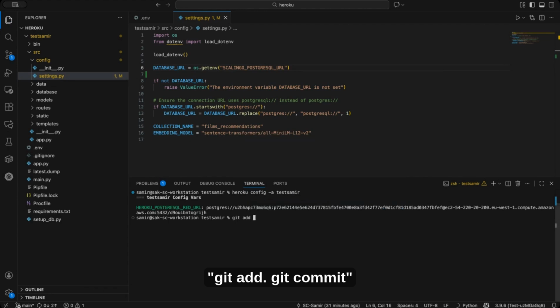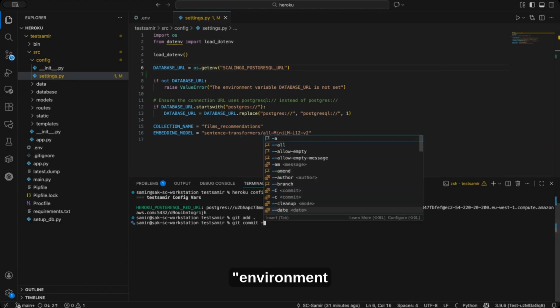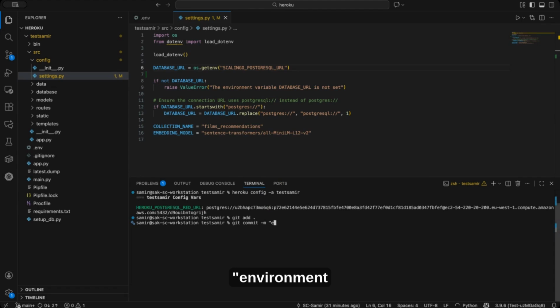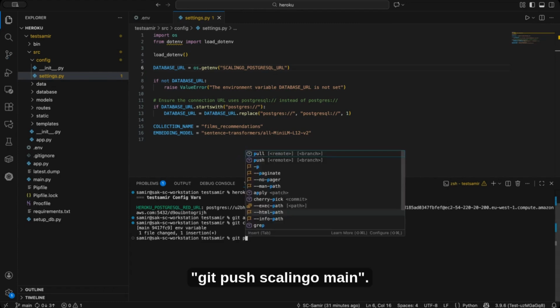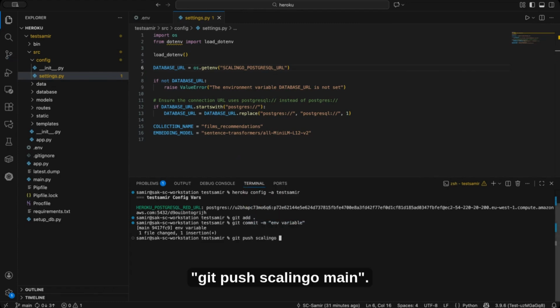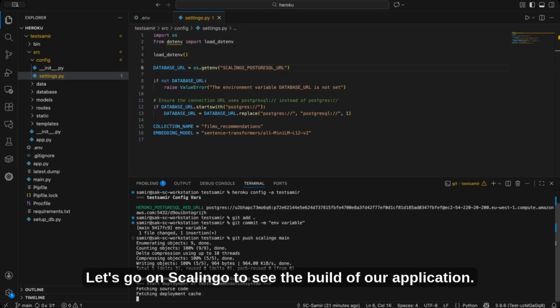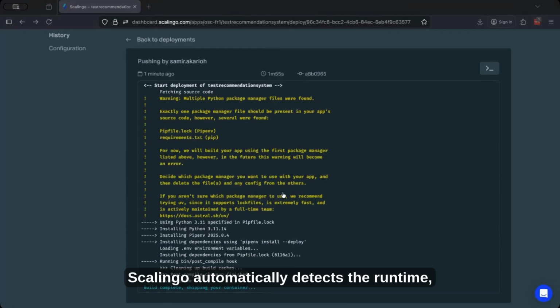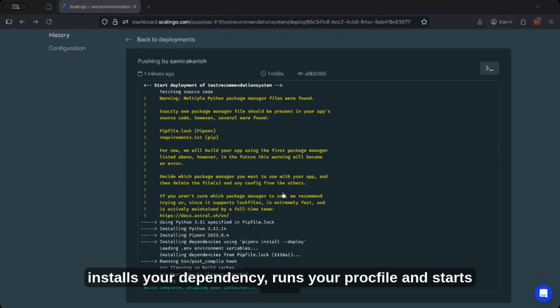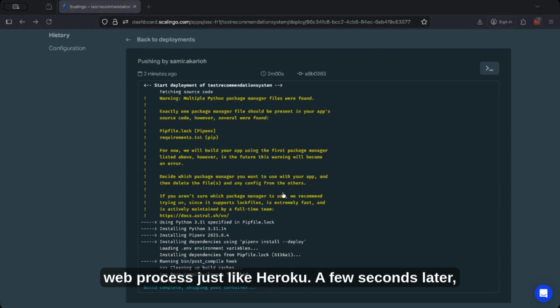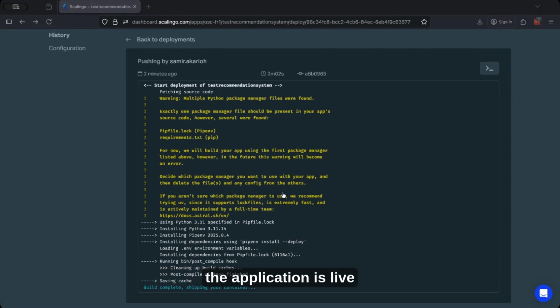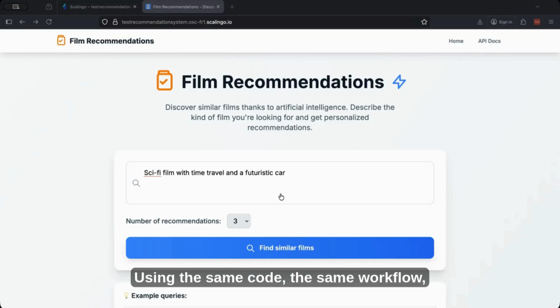I will do git add ., git commit environment variable, and git push scalingo main. So now we will push our application to Scalingo and let's go on Scalingo to see the build of our application. Okay, so Scalingo automatically detects the runtime, installs the dependencies, reads your Procfile and starts your web process just like Heroku. And a few seconds later, the application is live using the same code, the same workflow,